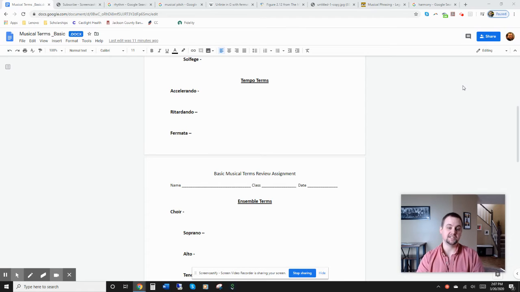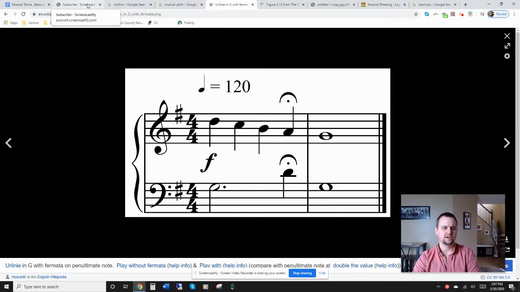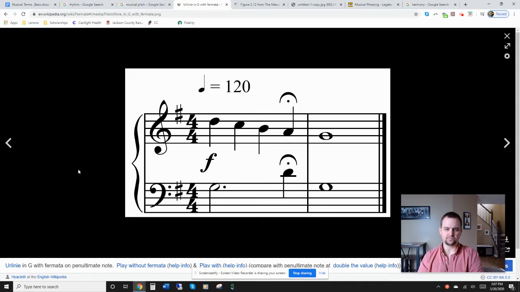Ritardando, a gradual decrease in speed or tempo. And then we have fermata. A fermata, if I can click on the right thing here, a fermata is a symbol which is just